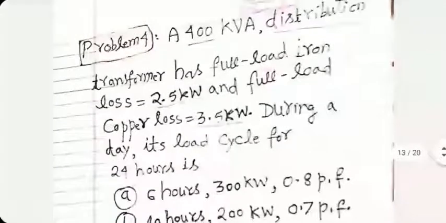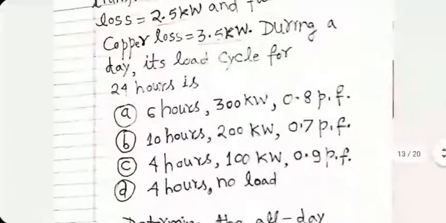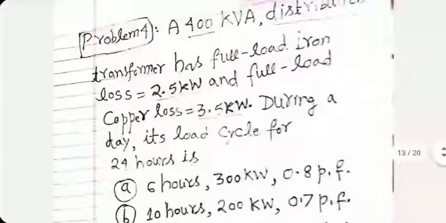Now, the important thing here is that for each of the time slots, you look at the power being put out divided by the power factor given to get the kVA. Compare that kVA to 400, which is the recommended value. That will tell you how much below or above the rated value of kVA you are operating. That gives us the idea about how low or how high the primary and secondary currents are compared to recommended values.